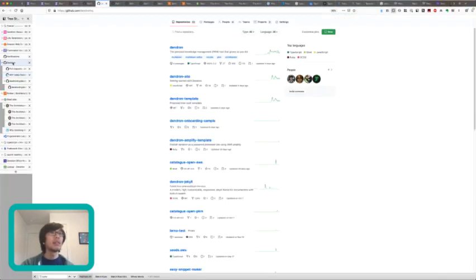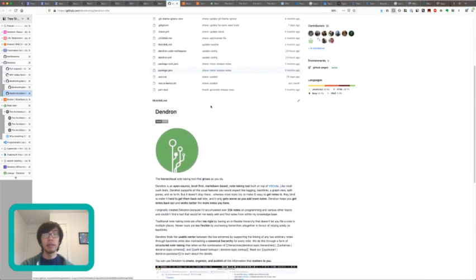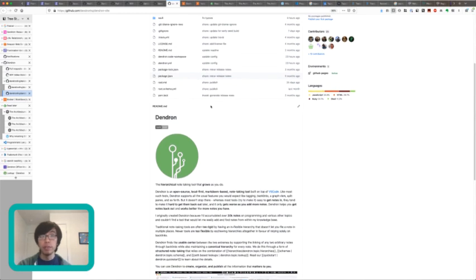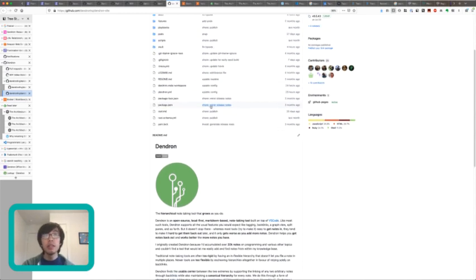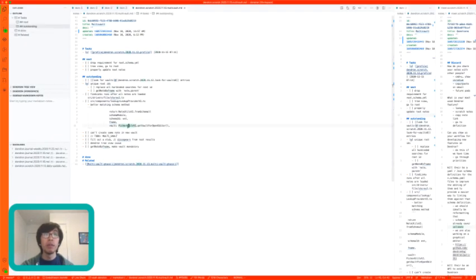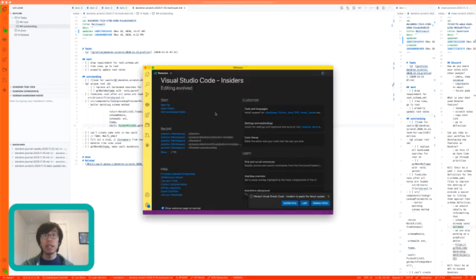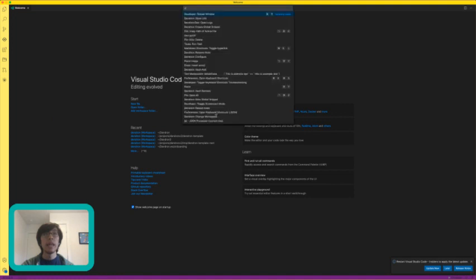So if we go to the Dendron site, this is the repository that we use to publish the Dendron notes from. So you could totally clone this, get rid of all the Dendron notes, and then just do your own thing, but it's not necessary. So the easiest way, and the way that we recommend people start off, is if you have Dendron installed already, then you can just use the